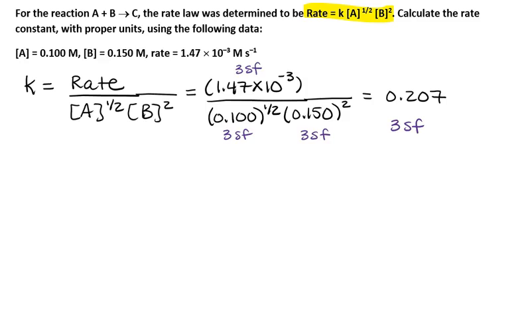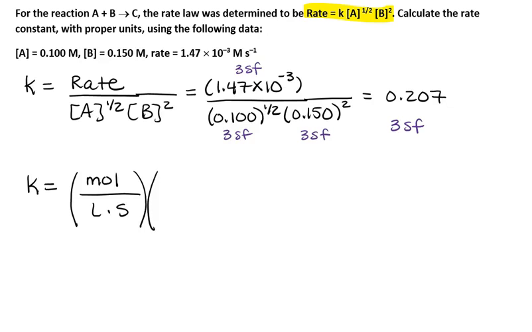To figure out the units, we're going to use the same rearranged equation, only now we're only going to plug in units. The other thing we're going to do is write each part as a separate term with its own numerator and denominator. That way the units will cancel more clearly. So we have k equals rate. Rate has units of moles per liter second. And I do encourage you to expand the units of molarity here for purposes of cancellation.